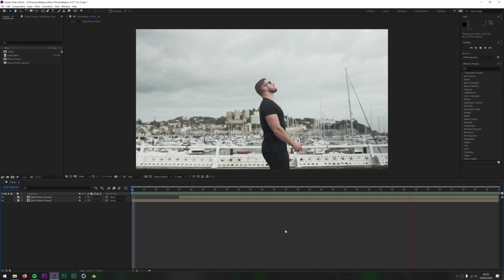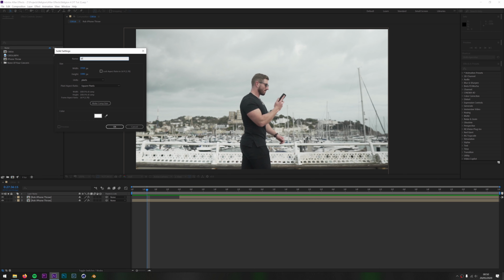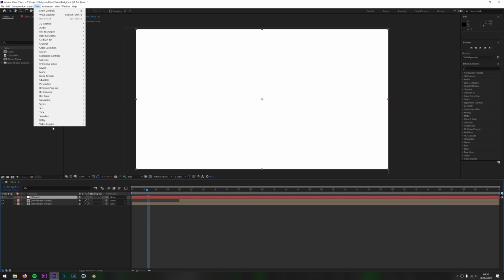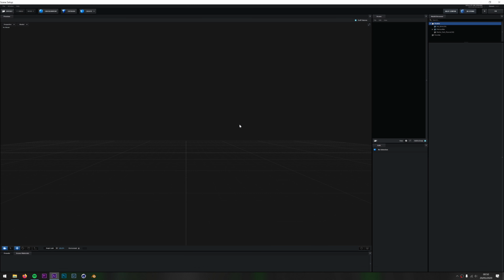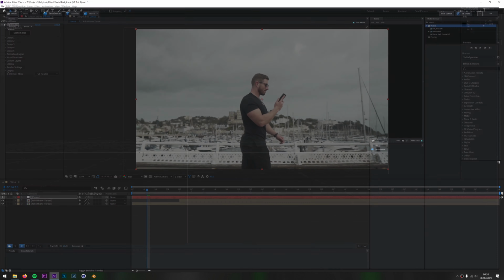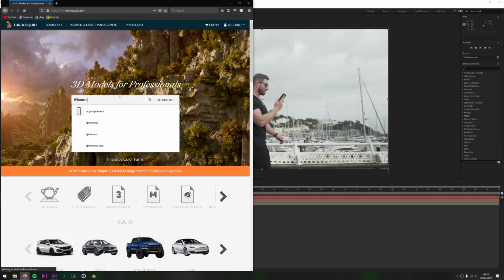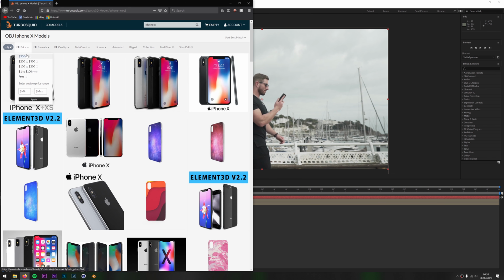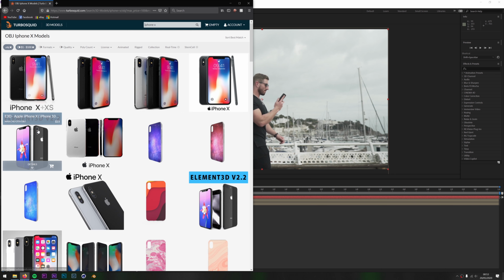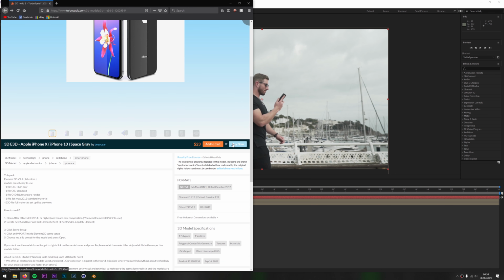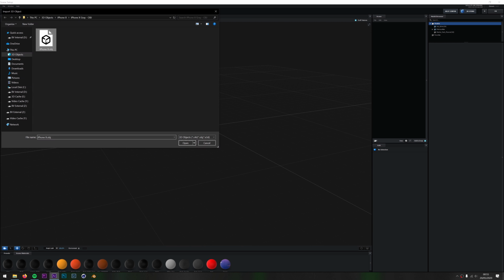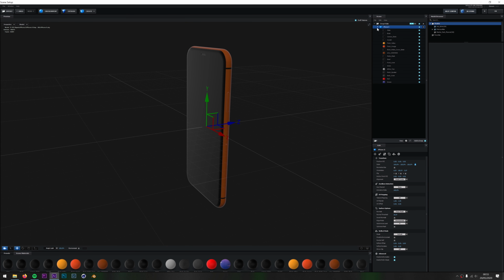Right click in the composition, new, solid. Name it iPhone, hit OK. Then go to Effects, Video Copilot Element, go to your scene, we've got nothing in there so we need to add an iPhone. Go to your favourite internet browser, hit up TurboSquid and search for an iPhone. We want an OBJ if we can find it, and if we can get a free one, even better. Unfortunately I had to pay for this one though. Go back to After Effects, hit up your scene, import the object, and it looks terrible, so we need to